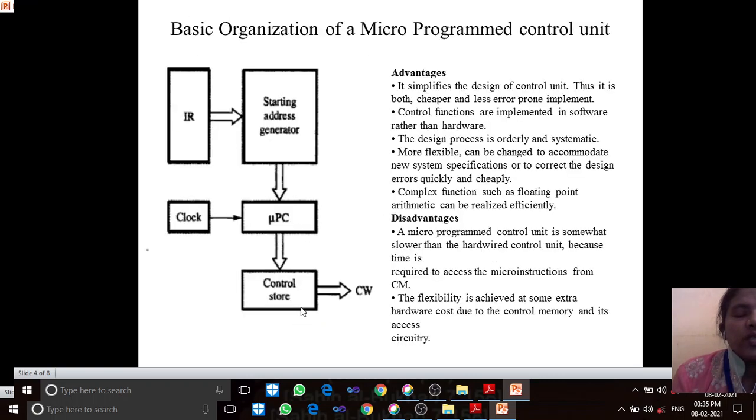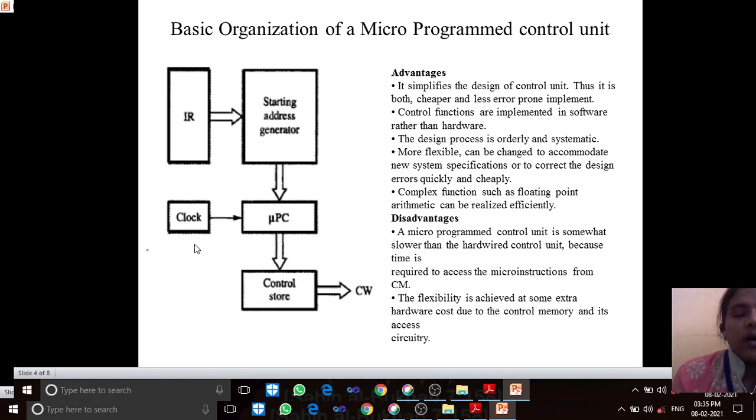The microprogram counter is used to read the sequential control words from the control store. Upon the application of the clock, the control words are automatically updated.